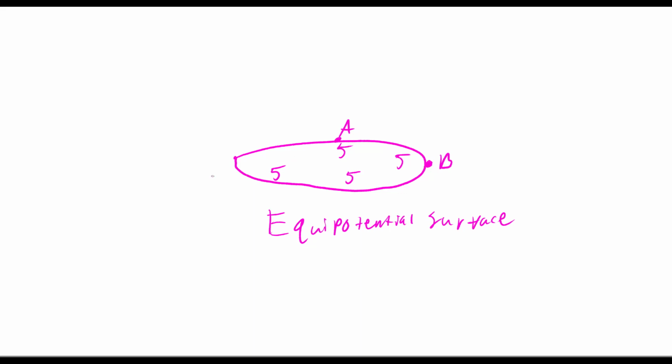So that would not be an equipotential surface. But for this question, we're going to assume that everything is equal. And if everything is equal, then the voltage at A has to be equal to the voltage at B. So answer choice B is correct. V and A would be correct. So what does an ampere hour measure? Right? Well, an ampere hour